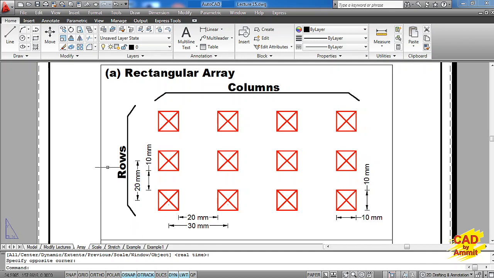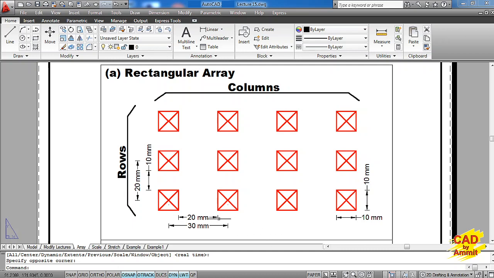Now these horizontal lines we call as rows and the vertical lines we call as columns. So in a rectangular array we actually place one object in the arrangement of rows and columns, where we are supposed to give the row offset and the column offset values. Now here we have 3 rows and 4 columns.